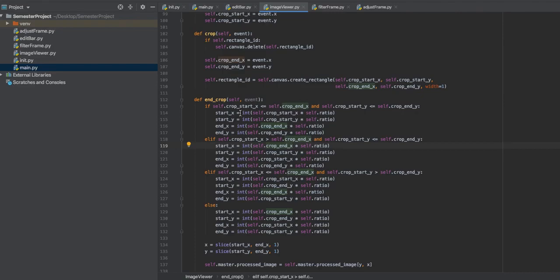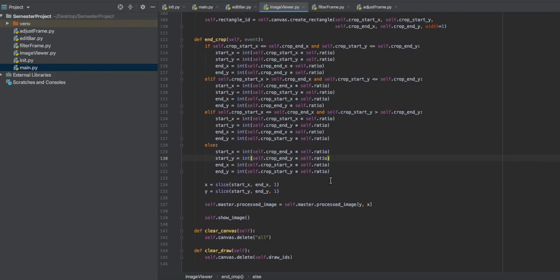But there are some conditions because the rectangle can be started from top left, top right, bottom left, and bottom right. So I have to check these states, because if I start, for example, from bottom right, this means the beginning position is higher than ending position. So this can create an error